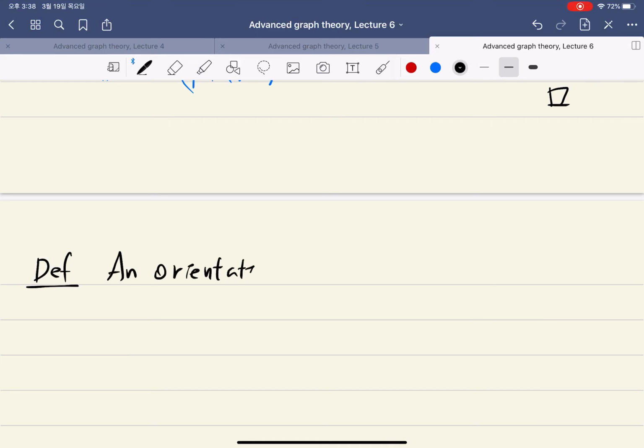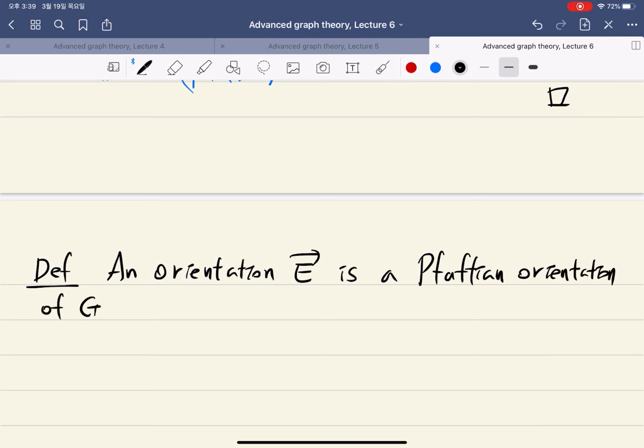So what kind of orientation do we want? Let's say an orientation of a given undirected graph is a Pfaffian orientation of graph G if